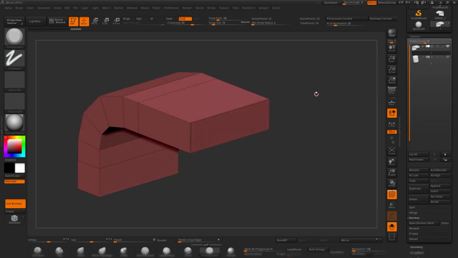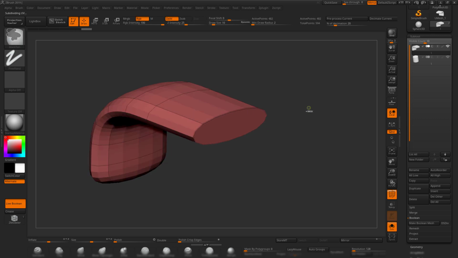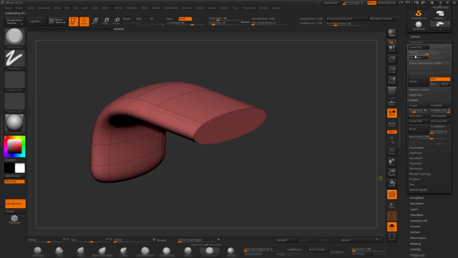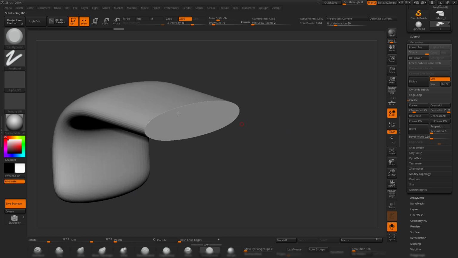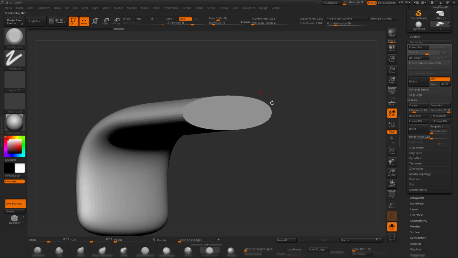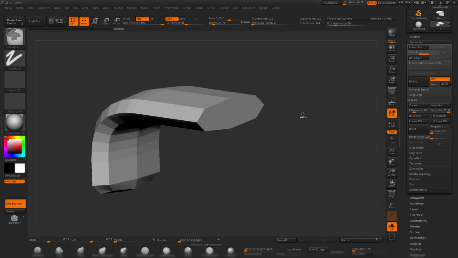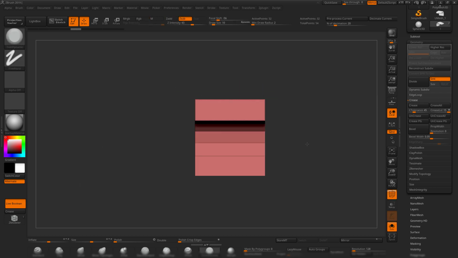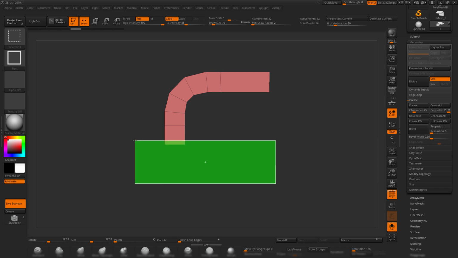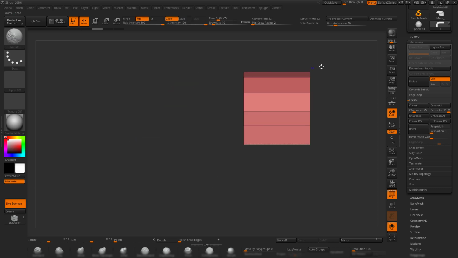So now we just Control D a couple times, and you can see that this face is sharp along all of its edges. So let's go back, Control Z, and crease all the surfaces that we need, like this,